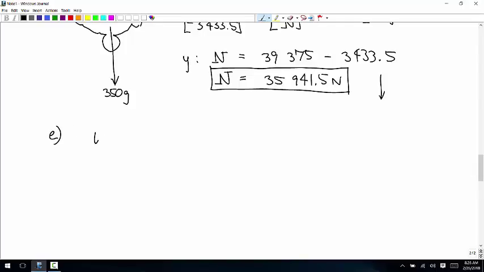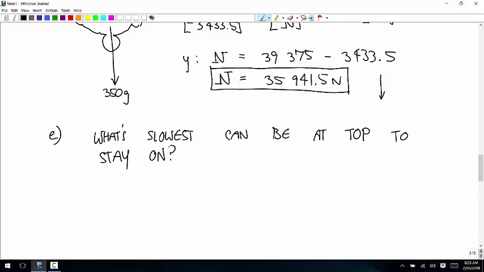Where 1/2 x squared is greater than or equal to... Let's figure out what's the slowest he can be at the top to stay on. You thought of it just right: as long as there is 1 Newton of force pushing against the wheel at the top. Right. So we'll use 0 as the cutoff,